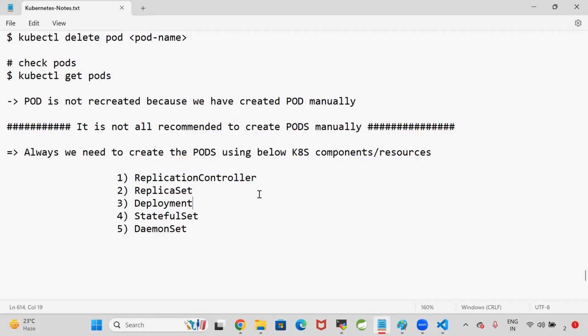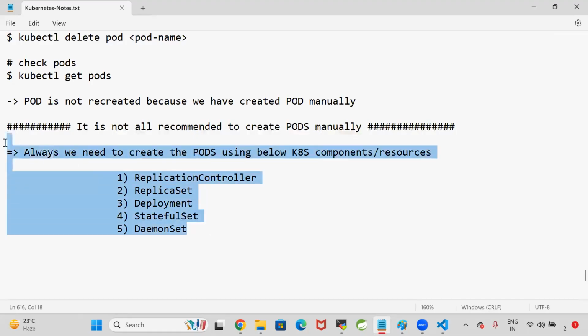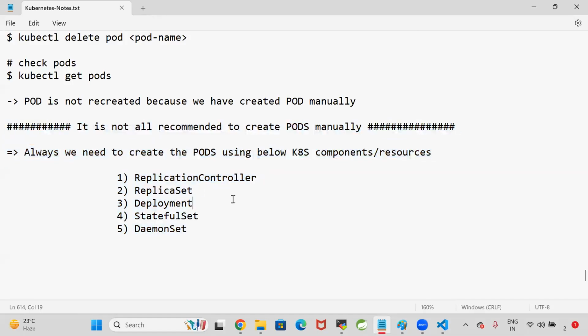So here, when we are going for Kubernetes deployments, we need to create the pods by using Kubernetes resources. Don't create the pods manually. If you create the pods manually, when the pod is deleted, Kubernetes will not do anything. So here, if you want to deploy your application with high availability, then you need to create the pods